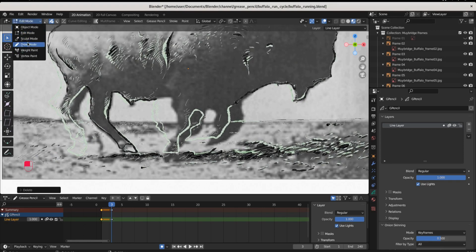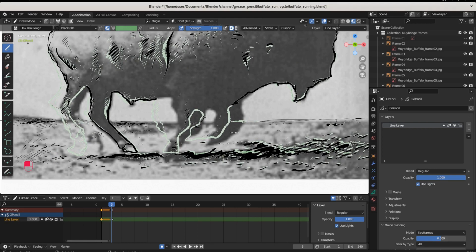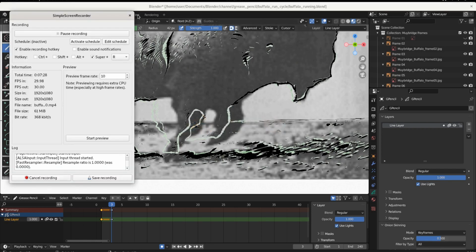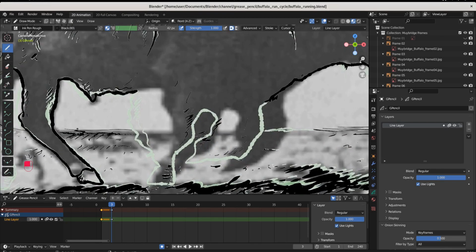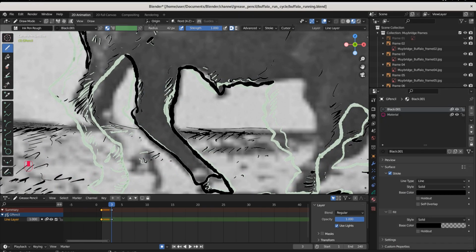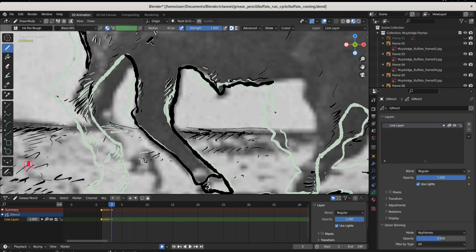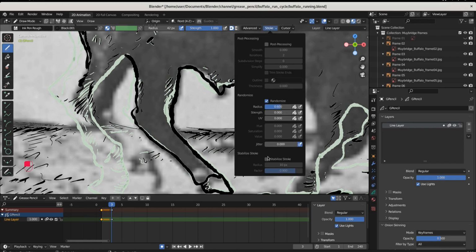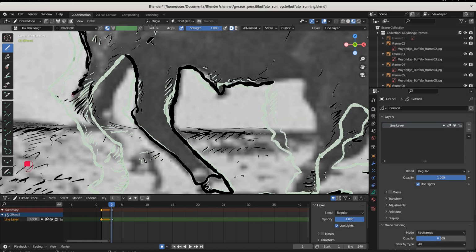So we'll go back into draw mode. Oh man, am I recording? Yeah, okay. We'll go back into draw mode, just like we've done 100, well, not 100 times, but you understand what I'm doing. We've got our line selected. We've got our black material on our line layer, and our pencil and our brush, and we're ready to go. And so now we're gonna, oh, you know what? I'll put a stroke stabilizer back on,